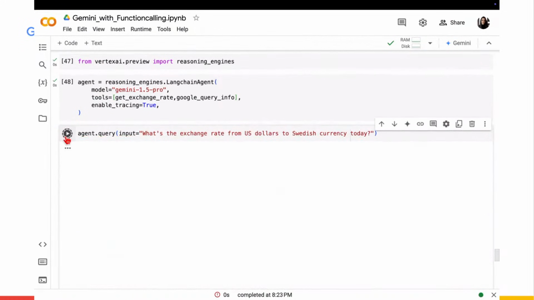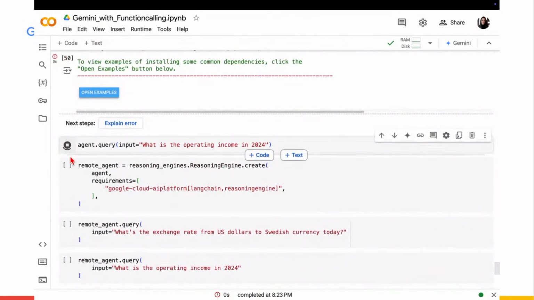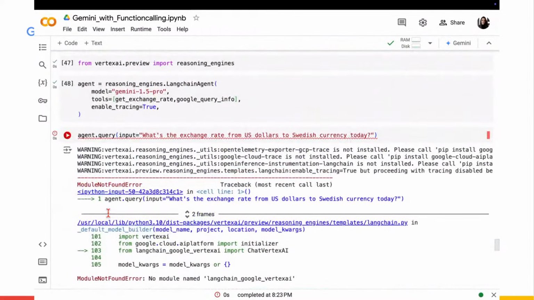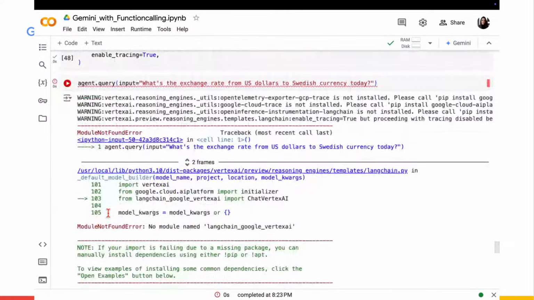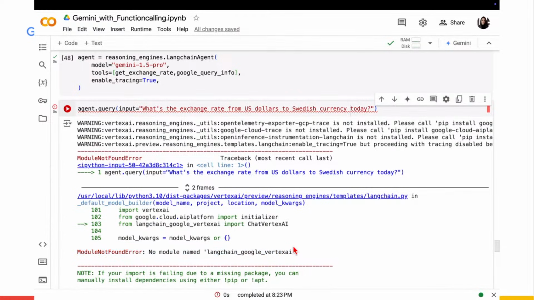And of course, no good demo without an error. Let's try if the other one's working. No. Yes, it seems that I failed running the pip install with the LangChain Google Vertex CI. So I'm going to skip this because the pip installs take a lot of time. But if I did this correctly, what you would see here is the agent giving out the answer directly. So that's in comparison to what we had above, where we're getting the function to execute back. The LangChain agent is executing it directly and answering our questions.